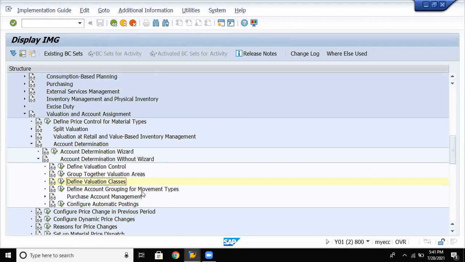Now define account grouping for your movement type. So what is the account grouping for your movement types? So the path is the same.